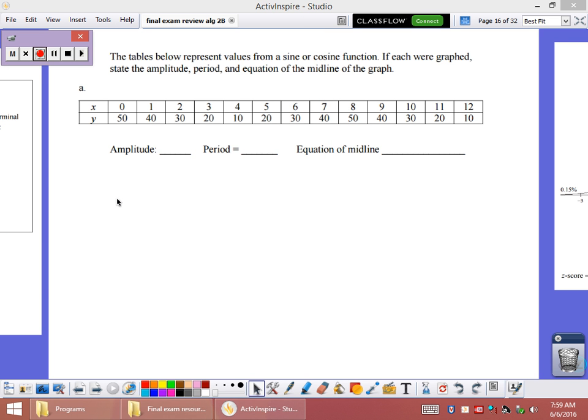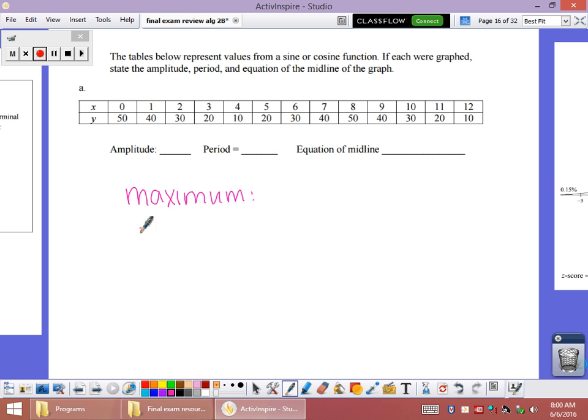Alright, in this video we take on the last part of the trigonometry unit, and we start by looking at a table of values being asked to identify some information about it. So the first thing, even though they don't ask us about it, I want to start by identifying what is the maximum and what is the minimum